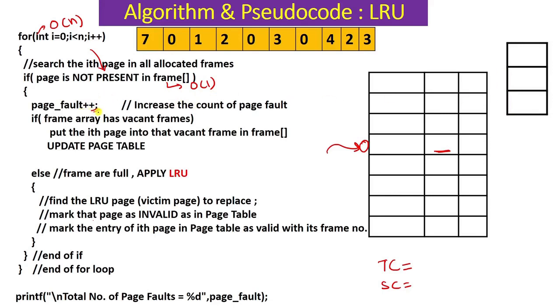Then I'll just be doing this atomic operation, or you can say single constant time operation. Then I'm checking if my frame array has a vacant frame or not. And how was I checking whether my frame array is vacant or not? Basically, I was just checking if my current is less than the number of frames. So basically, this is simple, an O(1) time thing. I'm not using any function call or something, right? And then I'm just assigning the page, and then I'm updating the page table. So updating one entry of the page table is an O(1) thing.